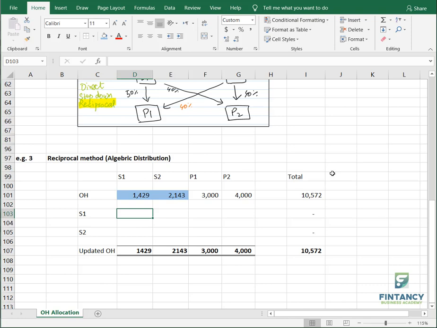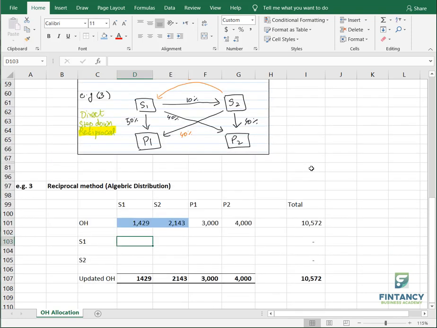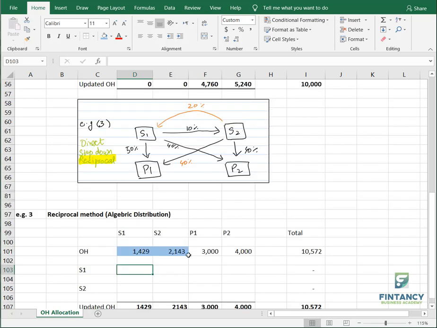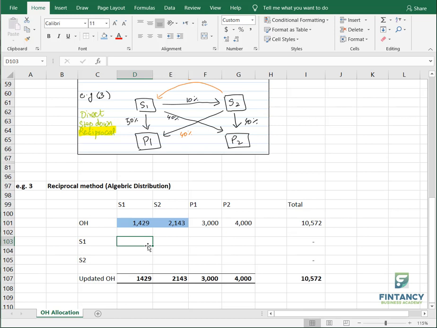Now see, when I will allocate S1, you don't need to worry about S2 anymore because we already got the share. They got their shares from each other in these figures. So basically S1 is no longer 1000, S2 is no longer 2000. They have some element from each other. Now I will write here minus 1429. This is not applicable because I have already considered it in the equation. P1 and P2 we will take like remaining ratio. Not remaining ratio. We will take remaining ratio or not?